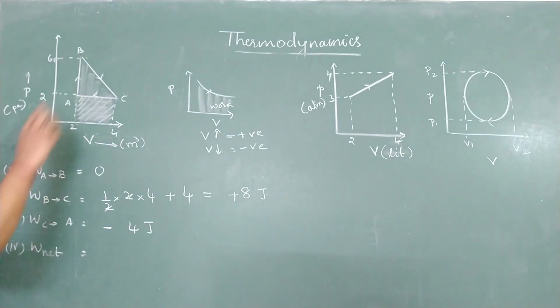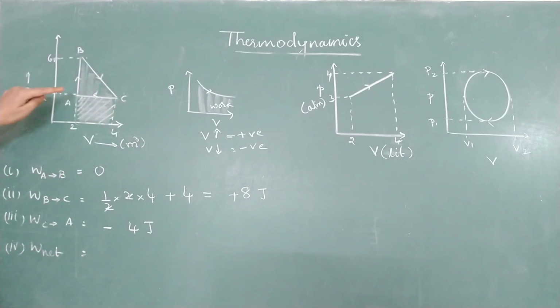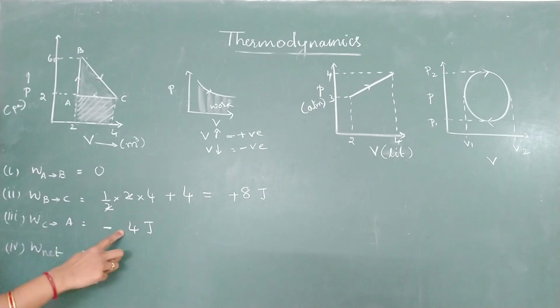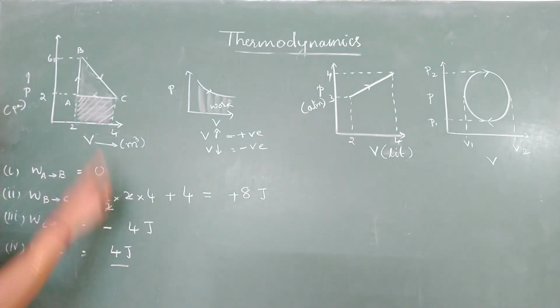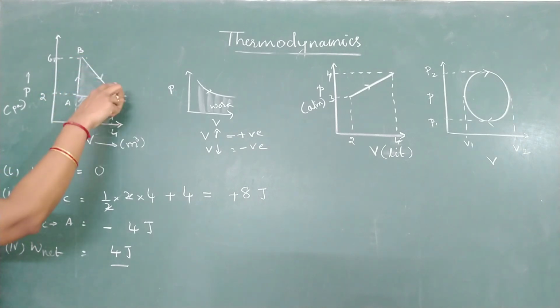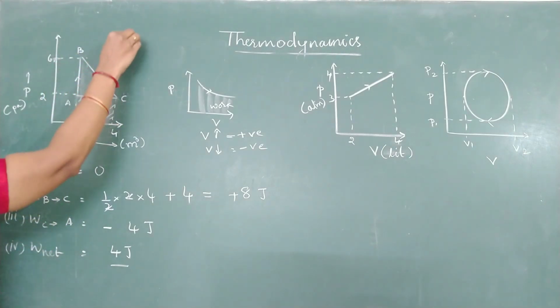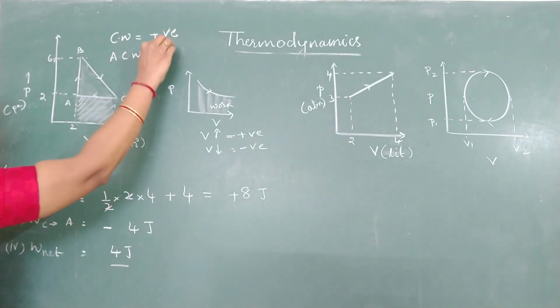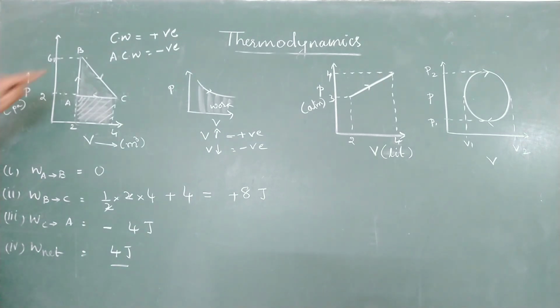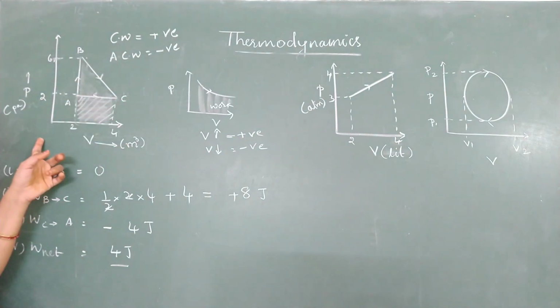And what is the net work done in this whole process? We know for any closed thermodynamic process, work done is the area enclosed by this triangle, or the sum of all the three values. Okay, when you add all of them, what is the answer? 4 joules. 0 plus 8 minus 4. What is the net work done equal to? 4. So if the cyclic process is clockwise, see it is going clockwise, we get positive work. Anti-clockwise, we get negative work. Okay, remember the sign. This is how you can find out the work done for pressure versus volume graph.